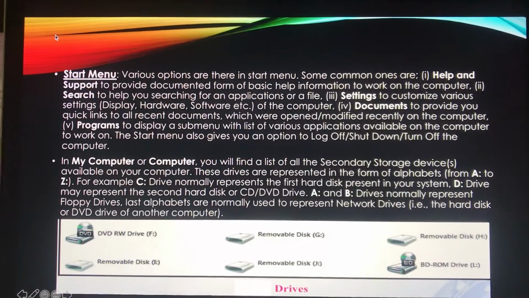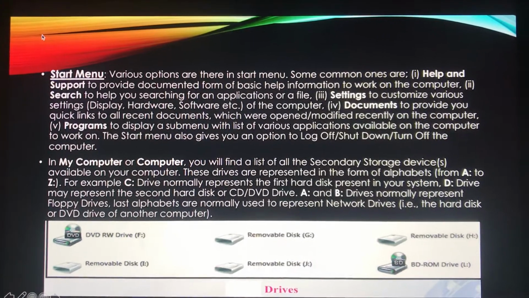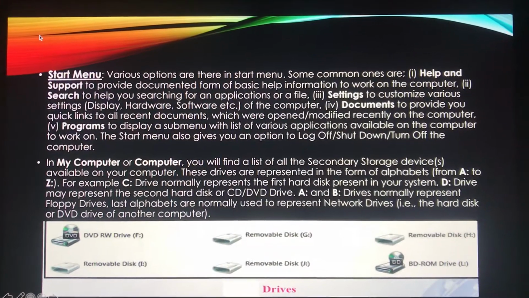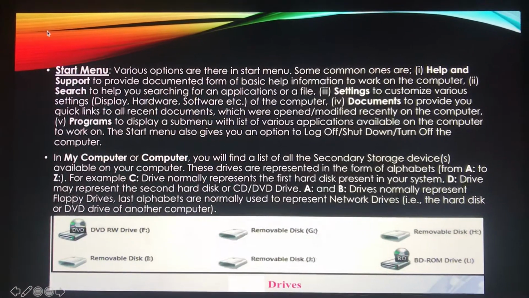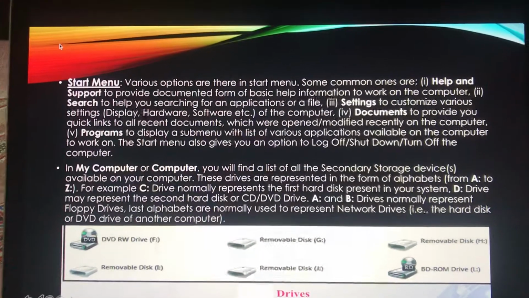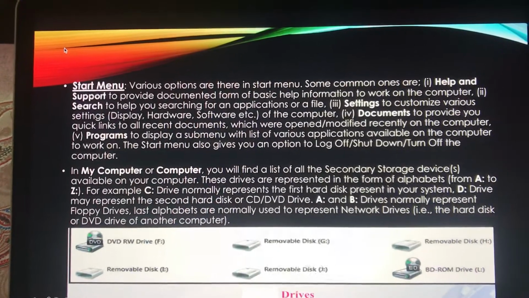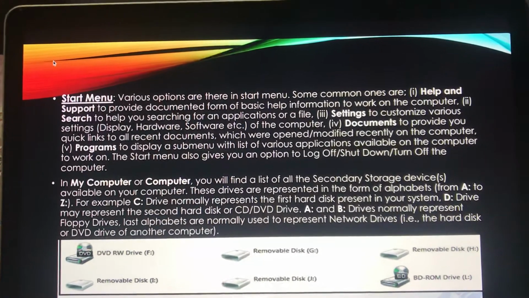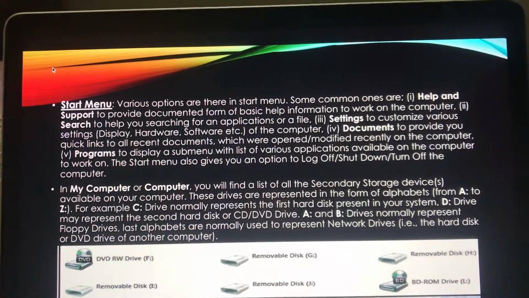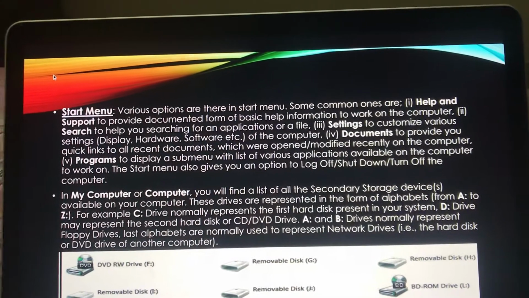It helps you search for an application or any kind of file. You just have to type the name of the application or the name of the file, and you will be able to get the result. Next is Settings. It is used to customize your computer settings like display, hardware, software, gadgets, anything. All these options are there in Settings.